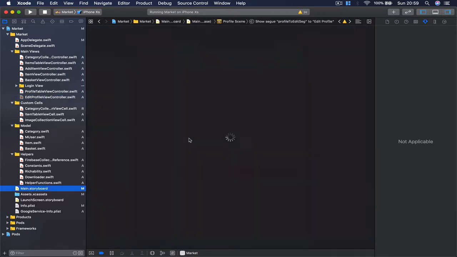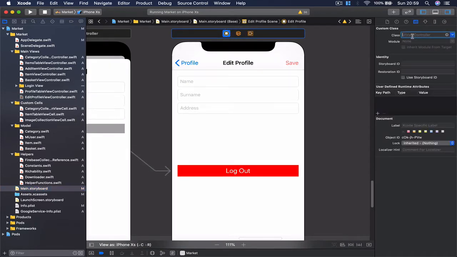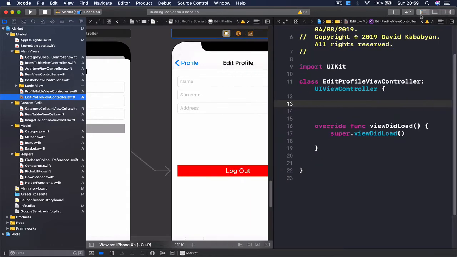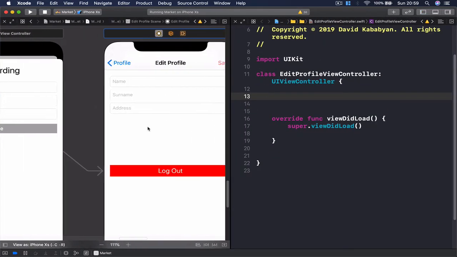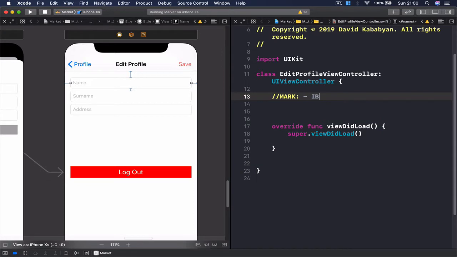So let's go to our main storyboard, select our edit profile scene, go to the class, and set the class that controls this to be EditProfileViewController. Once we've done this, we can open our assistant editor, close the side panels, and now we can do our connections. So on top, I'm going to first put MARK: IBOutlets,